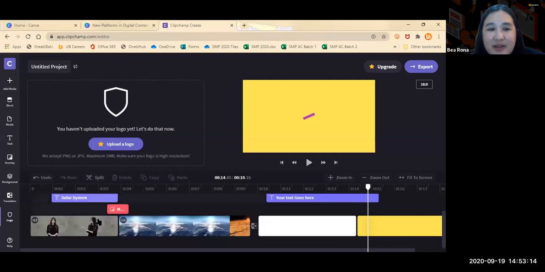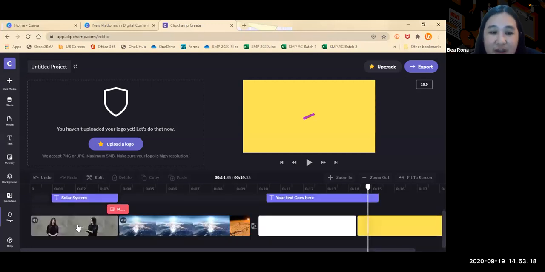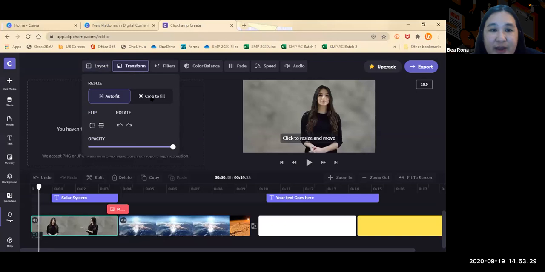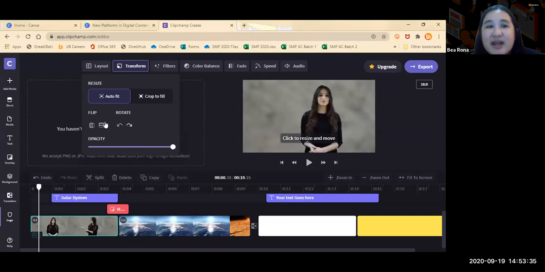Now kada element you have freedom to edit. So for example, for video, if you click it, you will see a horizontal toolbar on top where you can adjust. So you can adjust the layout, picture in picture. Pwede ring transform, yan, pwede yung i-crop, pwedeng auto-fit, and then opacity, how dark or how bright, and you can